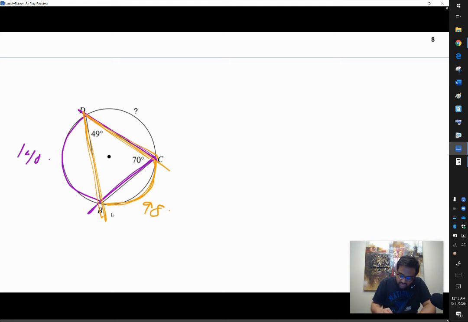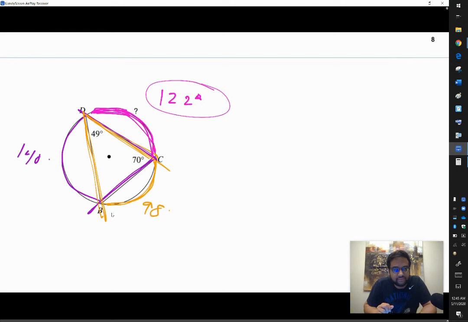Well, what do the purple arc, the orange arc, and the magenta arc all add up to make? Well, it's a full circle, isn't it? So it should be 360. So from 360, I'm going to remove 140, and I'm going to remove 98. So that leaves me with 122 left over for my missing arc measure. Or